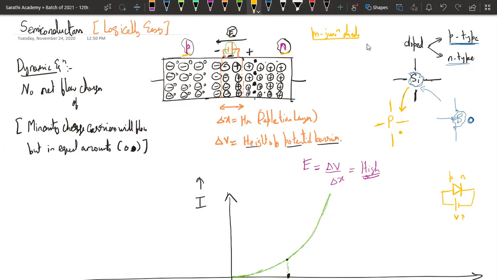ठीक है। Sir, हाँ बोलिए। Sir, here you told that we'll increase the potential to such a level that the internal potential will become zero. मतलब यहाँ पे potential सच में zero होता है या we give energy like kinetic energy to the electron so that it can pass through that potential barrier? पोटेंशियल बैरियर जीरो हो जाएगा ना, यहाँ पे जो इलेक्ट्रॉन्स प्रेजेंट हैं they will again start to go here, ठीक है। So as you increase external voltage, more and more electrons will flow, and ये जो बैंड गैप है पोटेंशियल बैरियर छोटा हो जाएगा, ठीक है।